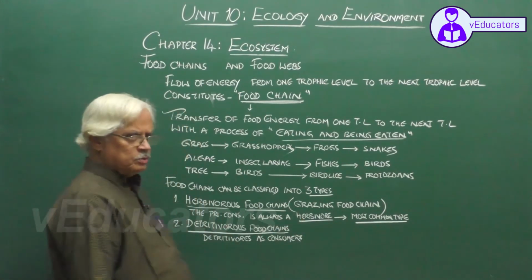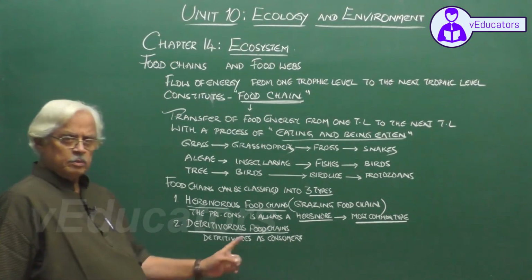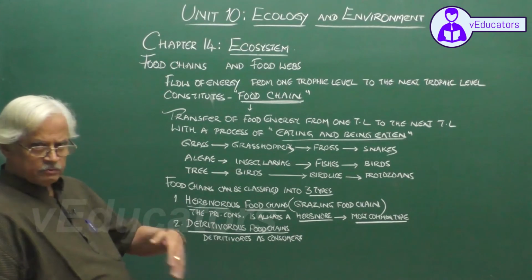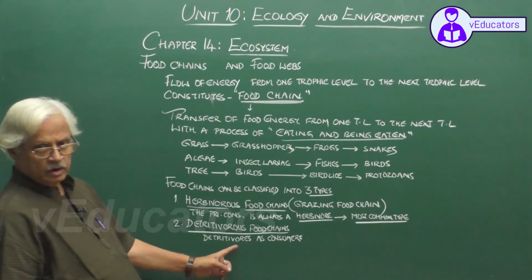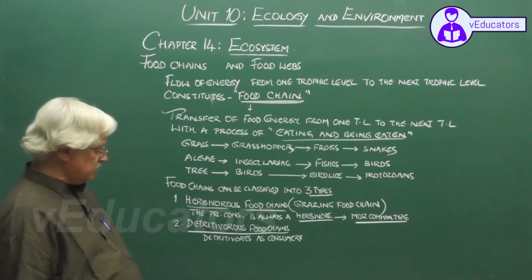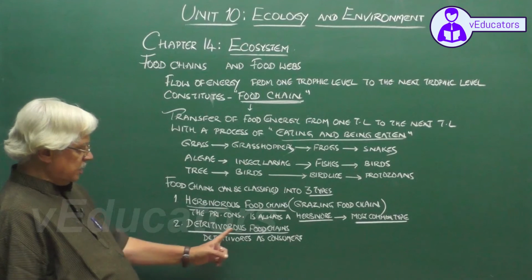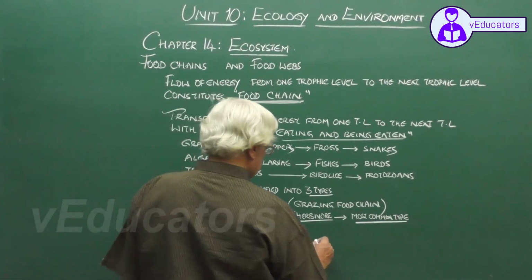A primary consumer may be a detritivore, or a secondary consumer may be a detritivore, and so on. So if the transfer of food energy involves detritivorous animals at various levels of consumption, then it is called as a detritivorous food chain. For example, food chains